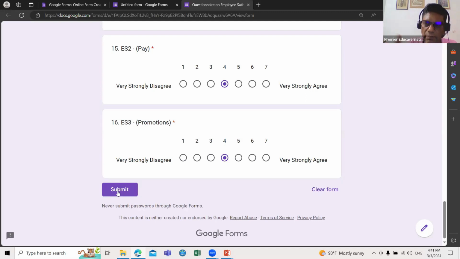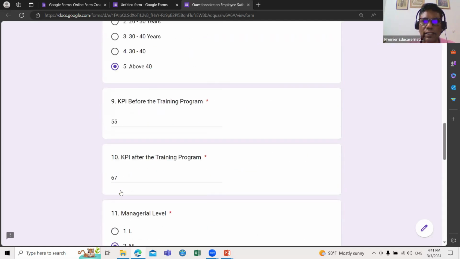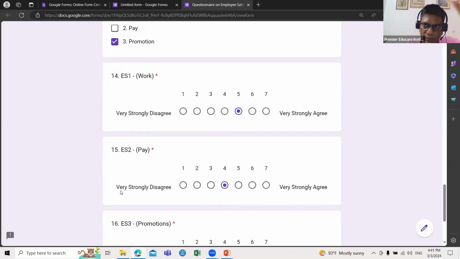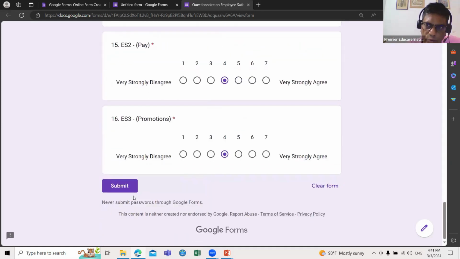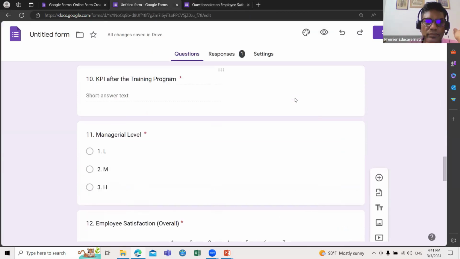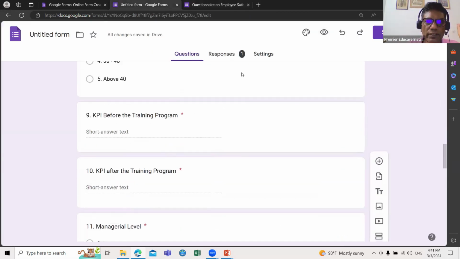There are some other methods as well, but most of the people are using the Google Form, right? Okay. And then I have to tell you one thing very clearly again. This is what finally you have to submit, and that will come to your computer, right? So this is submit, and that will come. Okay, submit. And how to get this link? So this is it. Now you can see one response is already here,